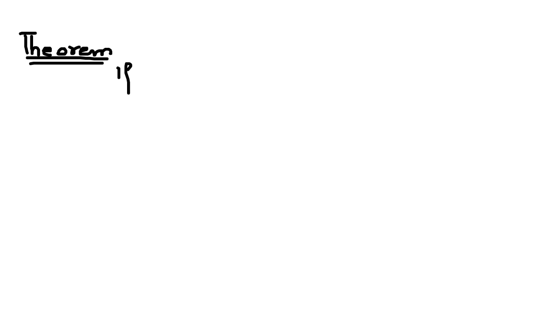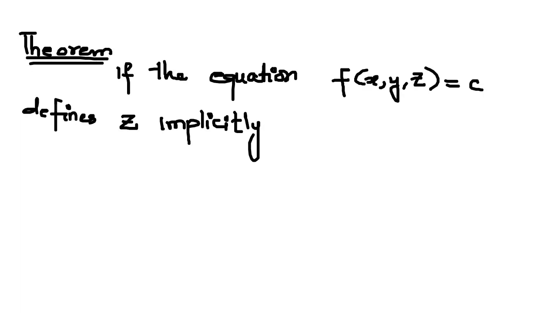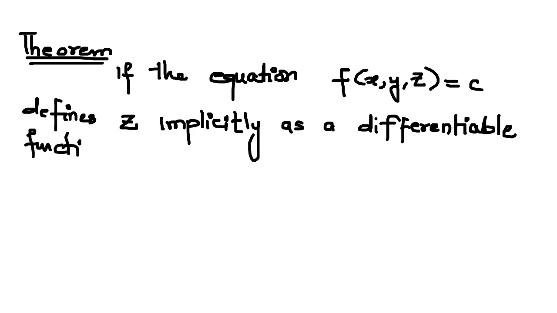For example, if the function f of three variables x, y, and z is equal to c and defines z implicitly as a differentiable function of x and y both,